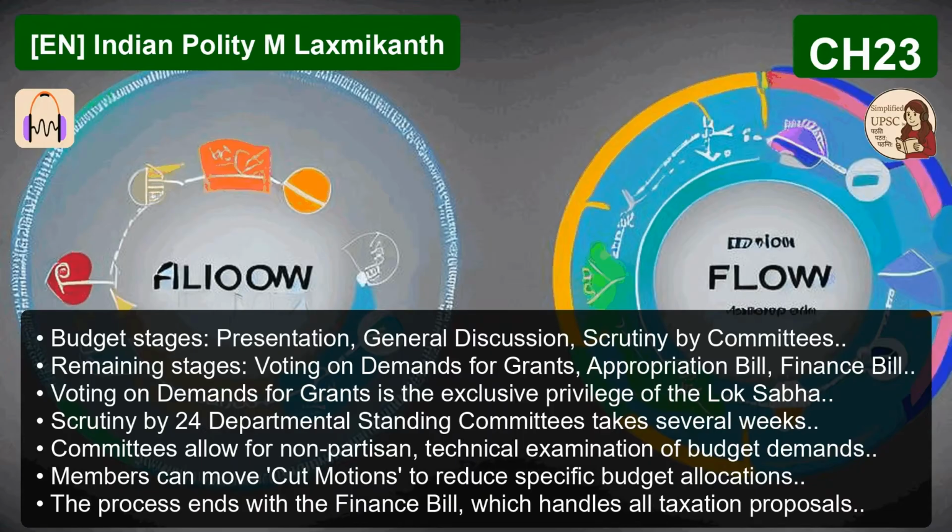And for those important public matters that don't fit into question hour or our other motions, those are raised under two equivalent rules. The special mention in the Rajya Sabha and the notice under Rule 377 in the Lok Sabha. They're like procedural escape valves for raising urgent issues. Okay, now let's raise the temperature. Let's look at the motions designed specifically for executive control, starting with the one that causes the most confusion.